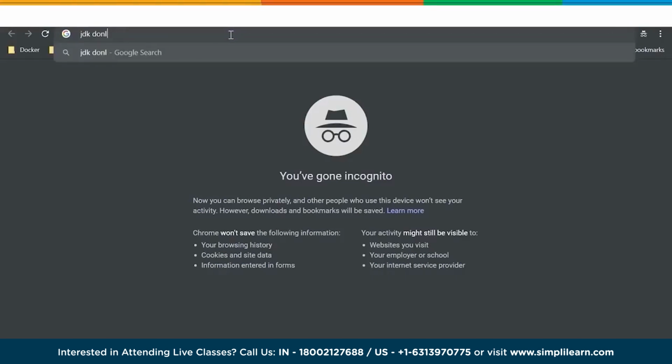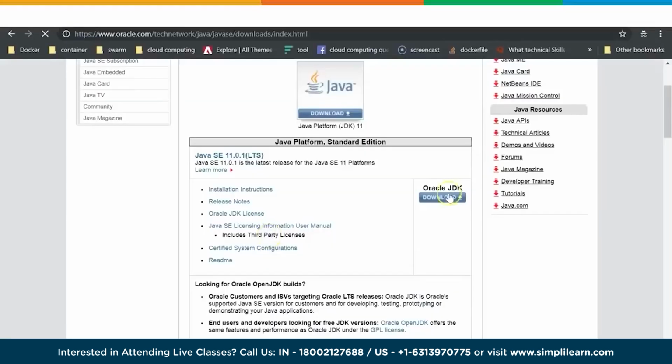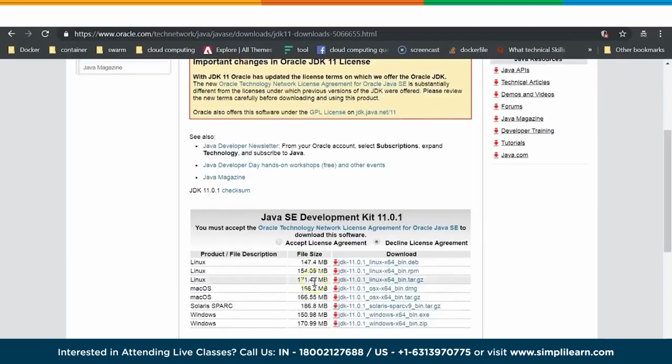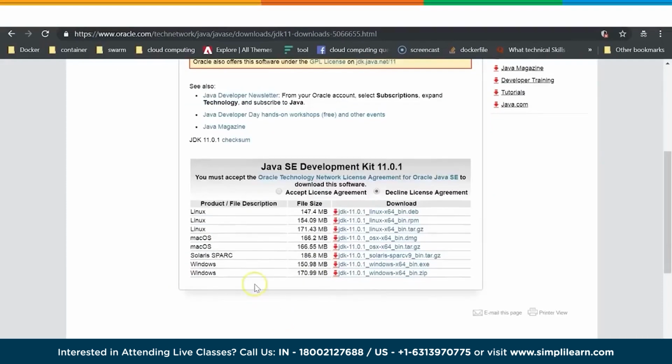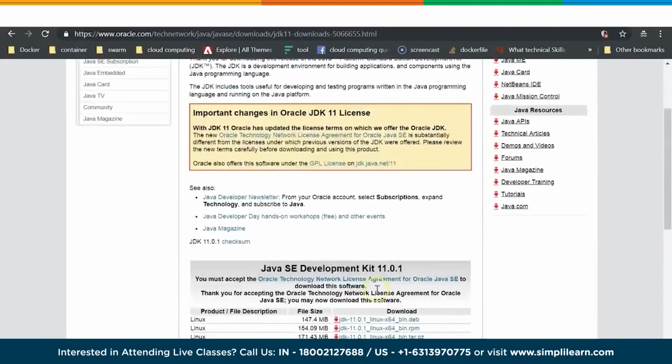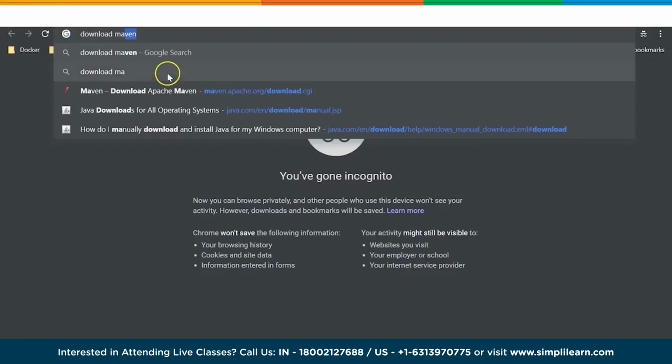So we're going to type in JDK download into our Chrome web browser and go to the Oracle website, which allows us to download the JDK. And because we're running this on Windows, we're going to download the Windows version of the JDK. And once you have that installed, the next step is to go ahead and download the Maven